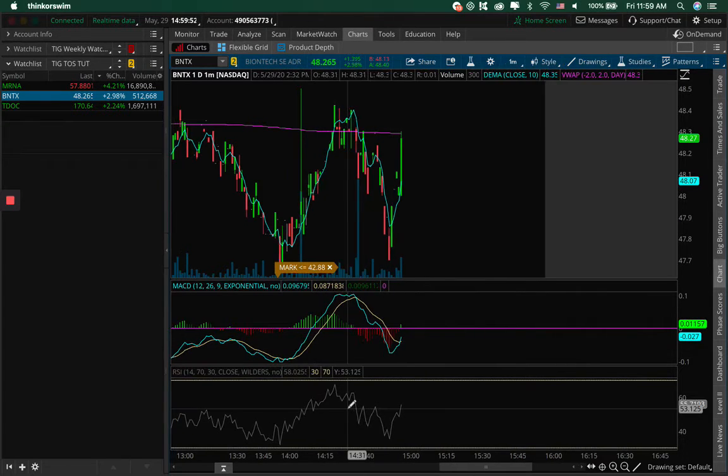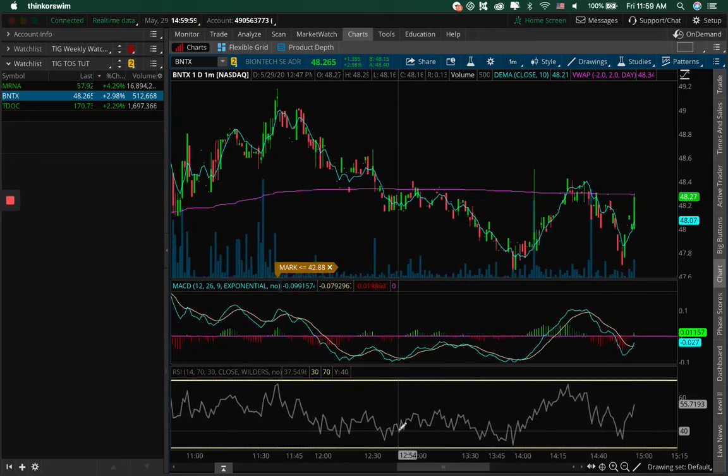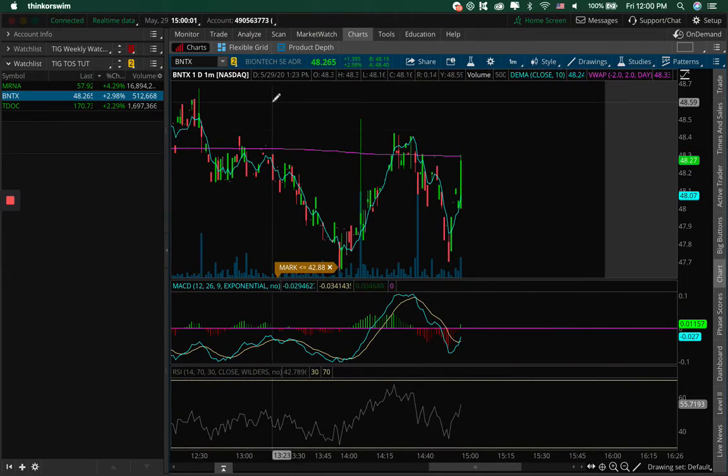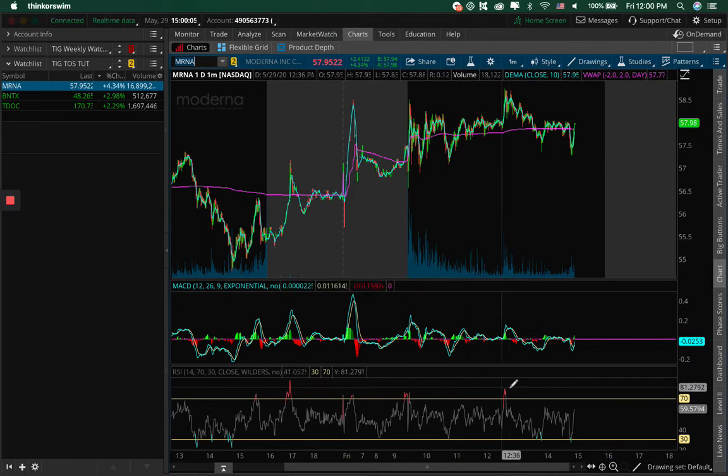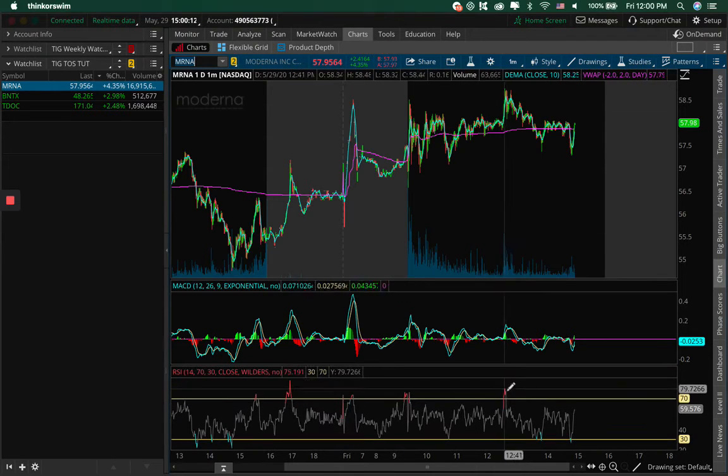The RSI shows us the relative strength index. When it is trading between 70 and 30, that means that the price per share is relatively healthy. When it breaks out, like if we look on Moderna, when it breaks out down here, you'll notice that these red breakouts indicate that the price per share has been overbought, meaning it is overvalued, and these blue breakouts down